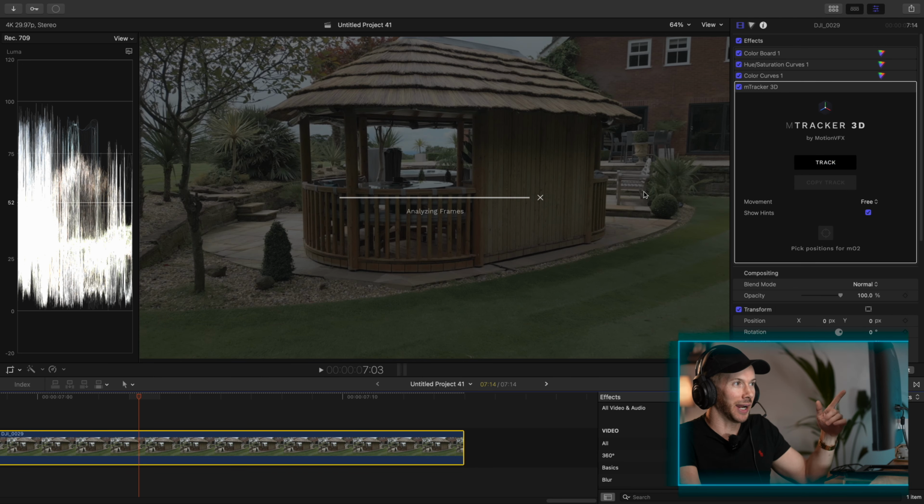Before you select the area that you want the track to go on, if you click shift, then it makes sure it's all straight, and then you can always play around with the angle afterwards. So then click on the area you want to use,